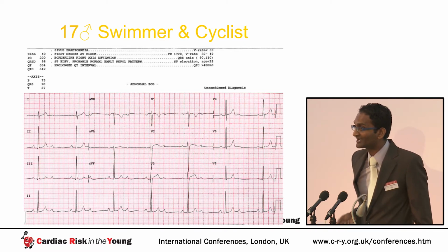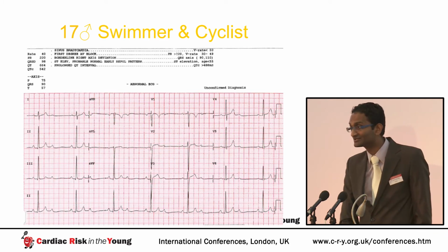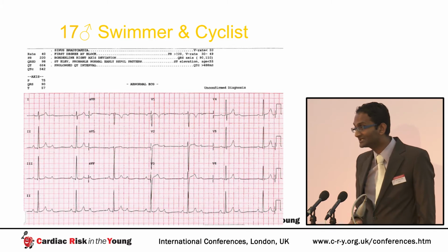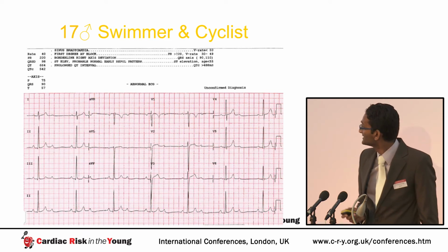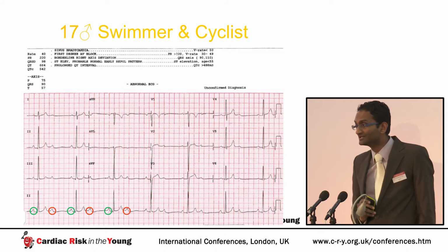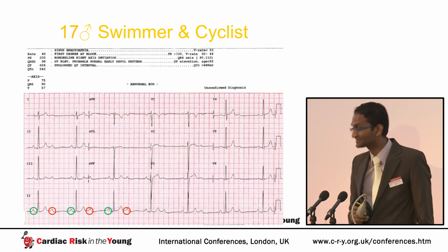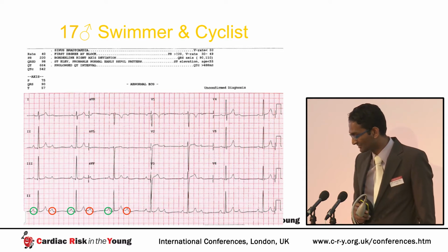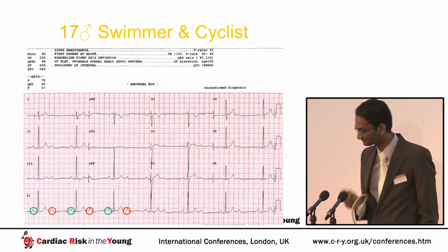I hope you will all recognize that the electronic interpretation at the top here, suggesting this is sinus bradycardia, is completely incorrect. And again, if you focus your attention on the lead 2 rhythm strip at the bottom, it's fairly clear that this represents 2-to-1 AV block, with each of the P waves in a green circle conducted to the following QRS, and each of those in the red showing a complete non-conduction.